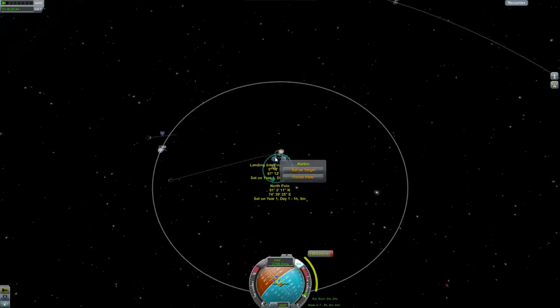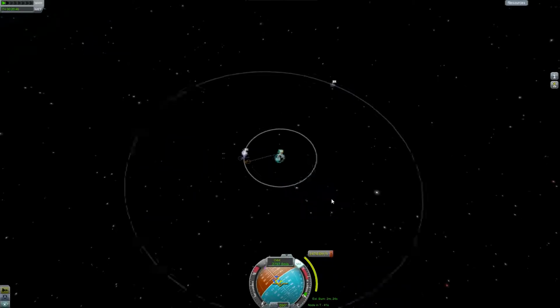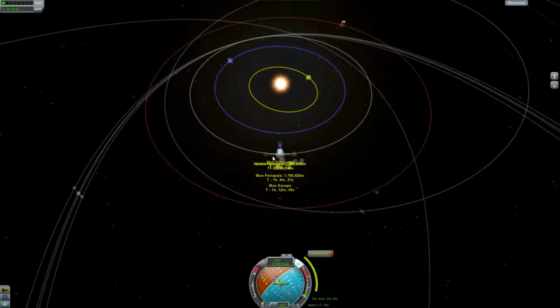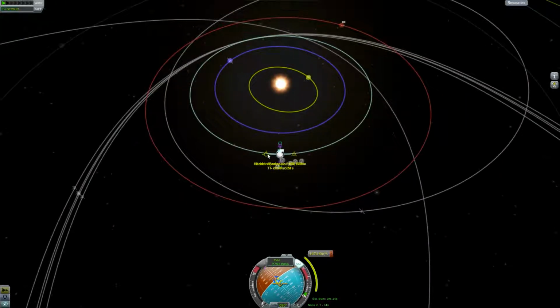What happens? Still in orbit. Even if we are in an orbit, we still have the encounter with the moon. This is totally not fair. Okay, but when we speed up a bit, then we have even an encounter with the moon. So, okay,